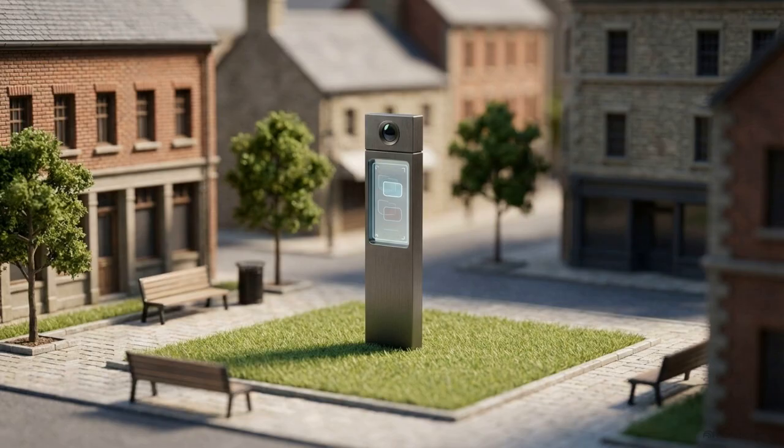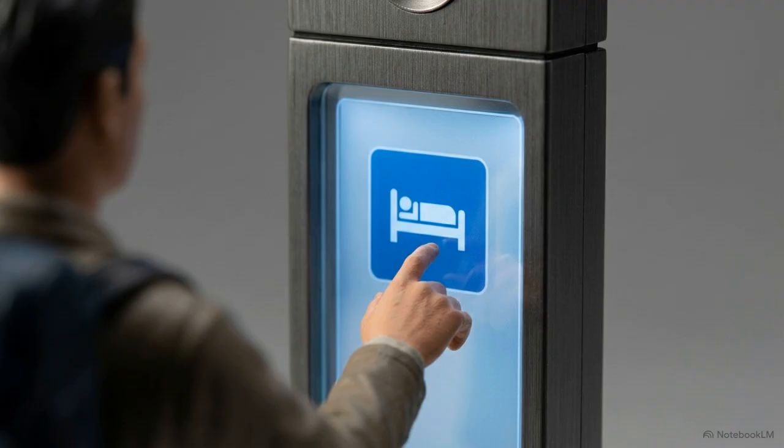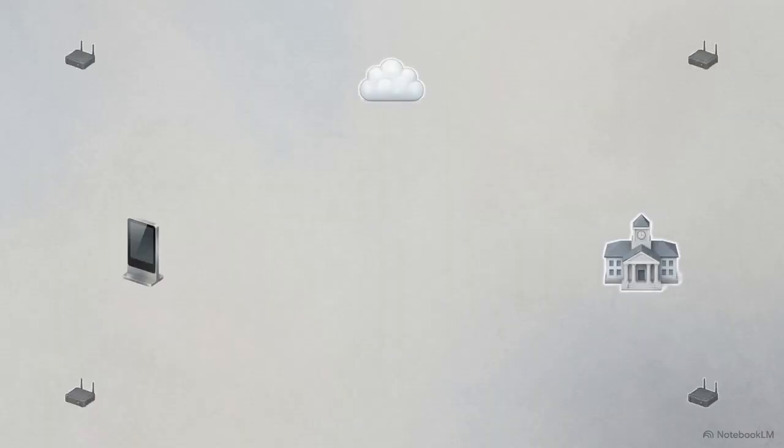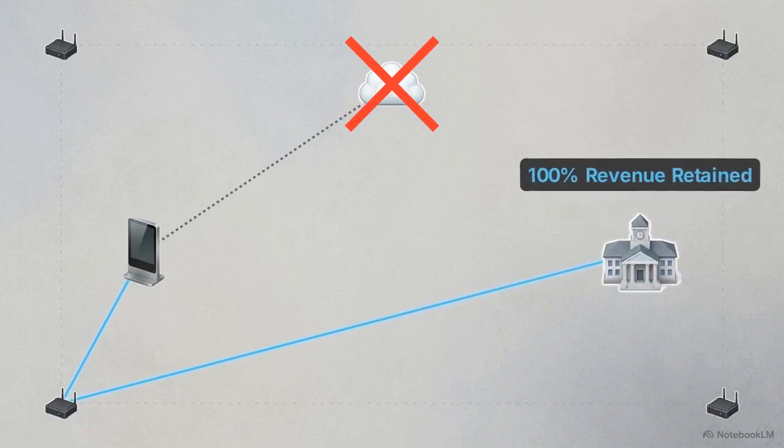The public entry point is the municipal kiosk. This unit bundles a Sentry Pro terminal with a ruggedized outdoor touchscreen, acting as the town's continuous digital concierge. Visitors use the kiosk's local language model to book rooms at the Term Inn. The transaction processes locally over the mesh, keeping all booking revenue within the town and eliminating third-party software fees.